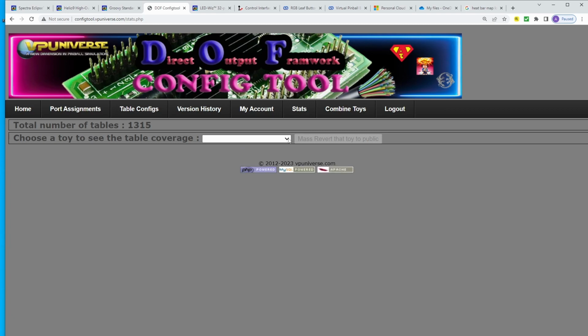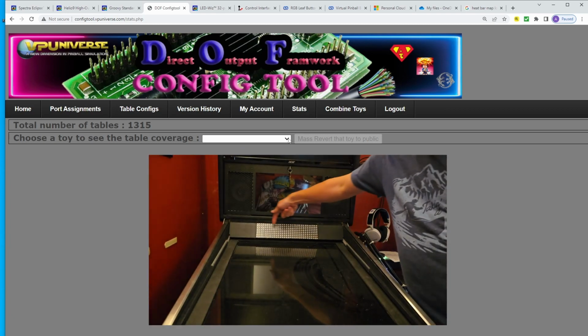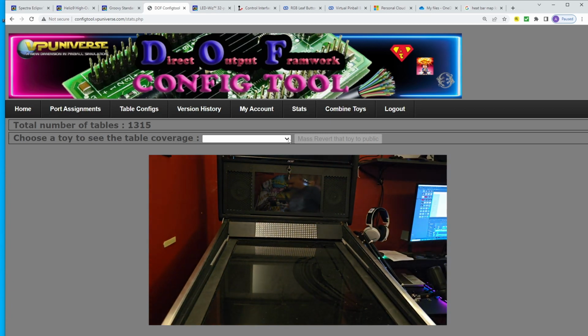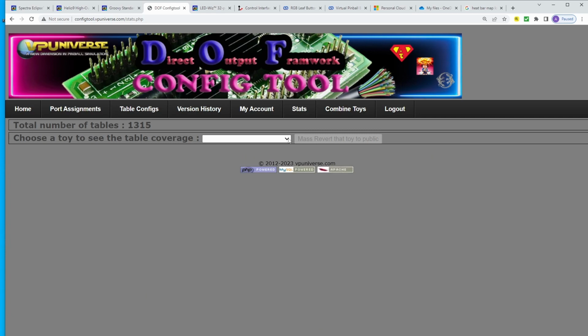And then you have Flipper MX, which is for smart RGB LEDs. There's really not a lot of buttons out there that support Flipper MX, but they are starting to come out. You may see like a little ring that you put on the inside of the button, and that ring will light up in a pattern, like it'll spin around in a circle or counterclockwise in another circle. That is something that I'm not really interested in doing. It's not really that much more expensive. It's just not a lot of tables really support this,